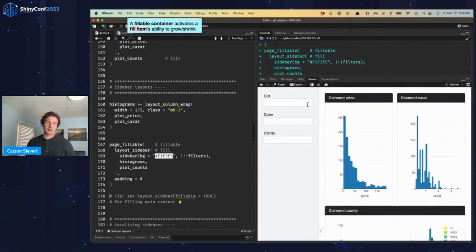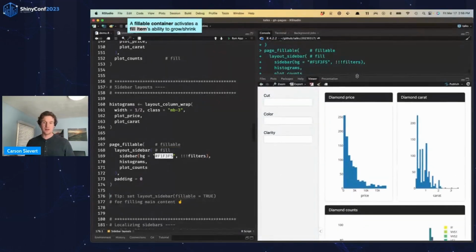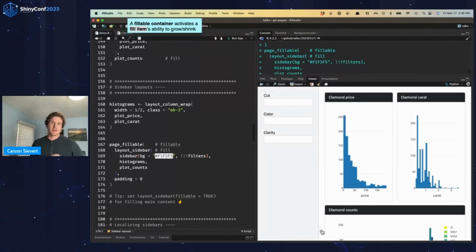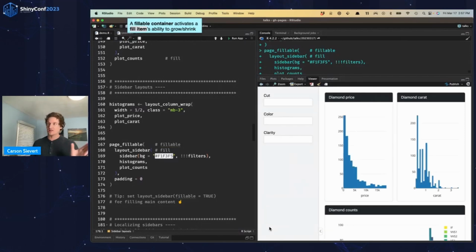So notice I have the sidebar on the left-hand side and the main content on the right-hand side, and I can go up and down like this, but this collapse toggle is always going to remain constant here towards the bottom of this layout container, where I can toggle the visibility of this sidebar. Currently in the viewer, we're not supporting CSS transitions in the way that I'm using it here, but in a real browser, you would see a transition happening with the collapsing of the sidebar.